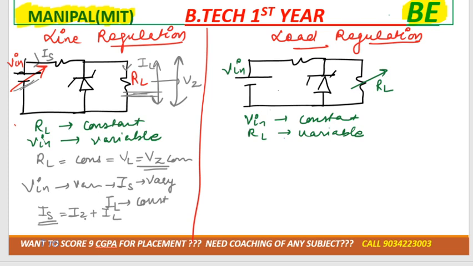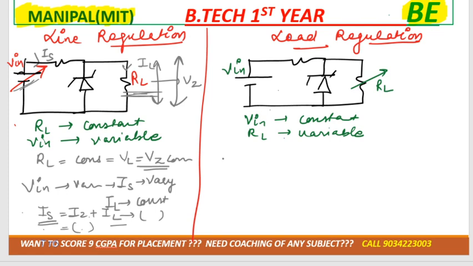अगर IS की वैल्यू कम होगी तो ये अपनी IZ जीनर करंट ज्यादा कर लेगा, बट ये हमेशा कांस्टेंट रहेगा। ये ज्यादा होगी, ये कम कर लेगा, IL हमेशा कांस्टेंट रहेगा। मेन हमारा टारगेट क्या है कि IL कांस्टेंट होना चाहिए। ये कम हो रही है तो जीनर डायोड अपने अंदर ज्यादा करंट ले लेगा, और नहीं ज्यादा हो रही है तो वो अपने अंदर कम करंट लेगा। तो बेसिकली जो काम कर रहा है वो जीनर डायोड करंट कर रहा है, ओके।